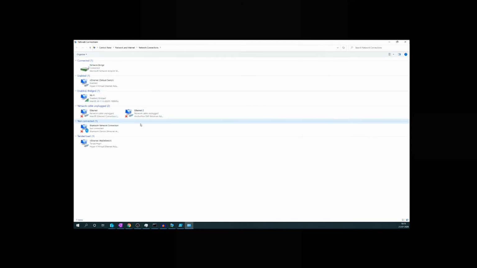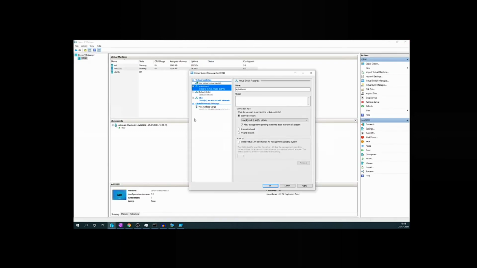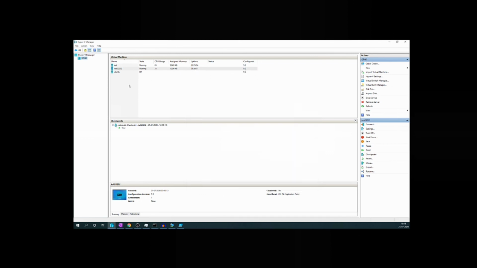The name should be my external switch, which is the virtual network adapter, also called VNIC or the NAT, and it creates the network bridge, which gets connected with my Wi-Fi connection. Look at my Wi-Fi connection. It says enabled and bridged. So it is bridged with this one so that both machines can communicate. It will not only let you communicate with this particular machine, if you select the same network adapter, it will let you communicate with all those machines which are there.